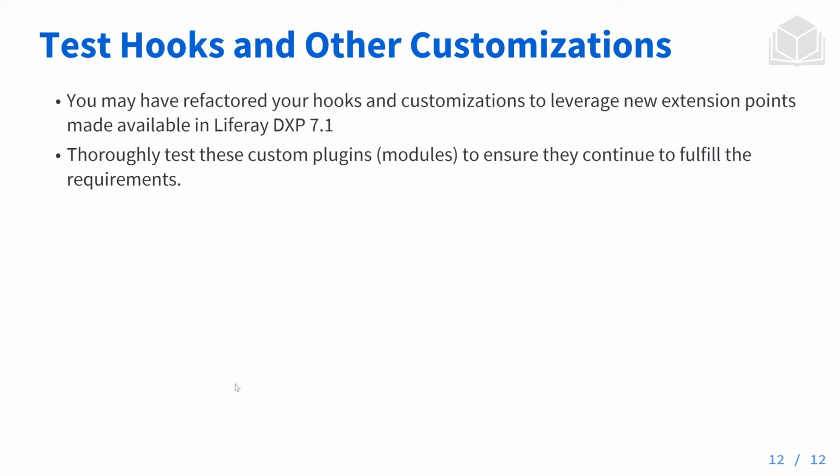So if we're upgrading from that world over to 7.1, we want to make sure that we are using the designs that we have in 7.1 and that they are doing what we expect them to do, having the same functionality as what we had over in 6.2. So we always want to test those out very, very thoroughly. All right,